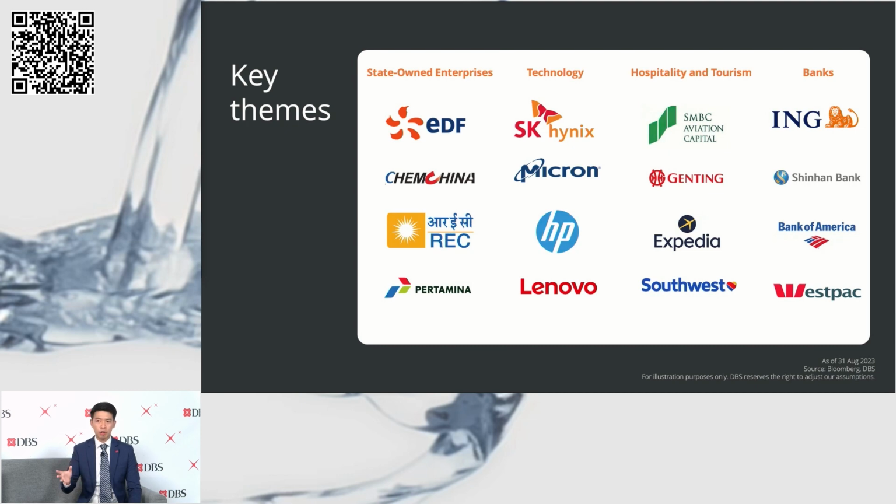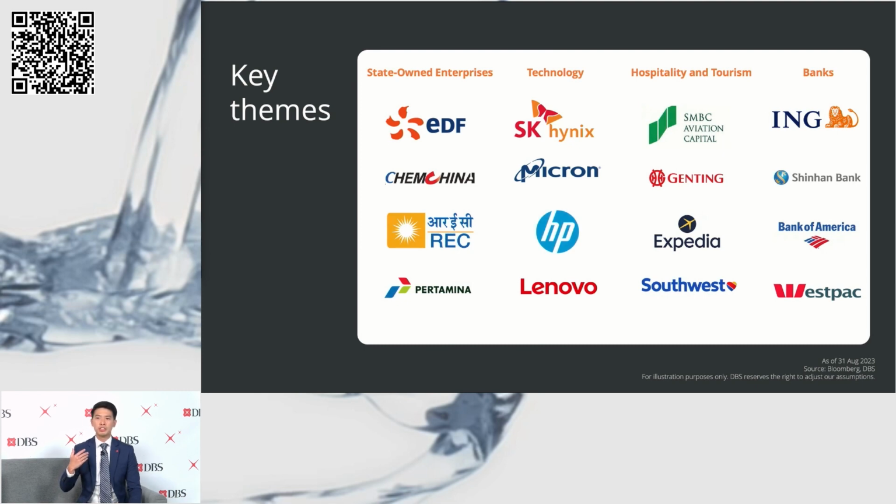What these companies have in common is that they are all companies that are majority owned by central governments around the world: France, China, India, Indonesia. These companies are not just majority owned. That does not just make them safe by definition. They also play a very strategically important role in their domestic economies, whether it is in the chemicals industry, the utility sector, or the oil and gas sector, making them absolutely important to the functioning of their domestic economy, as well as making the likelihood of support from the government extremely high.